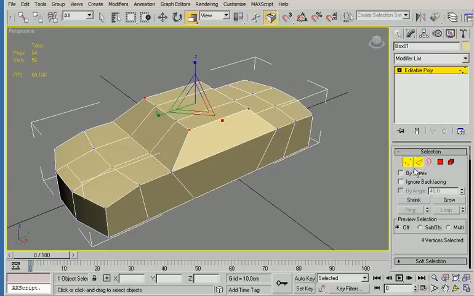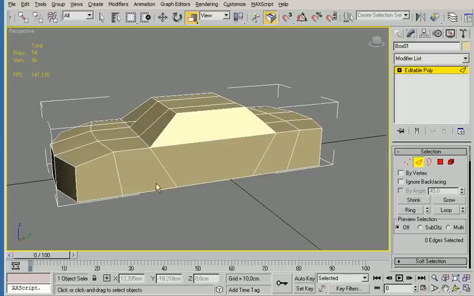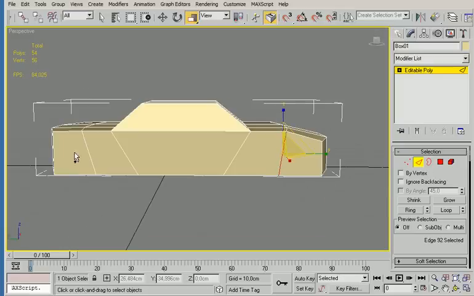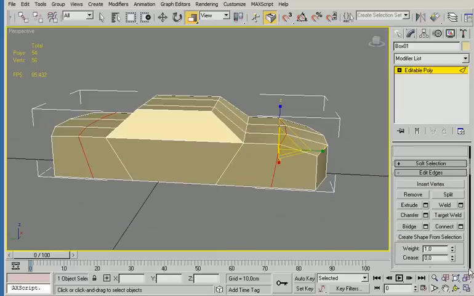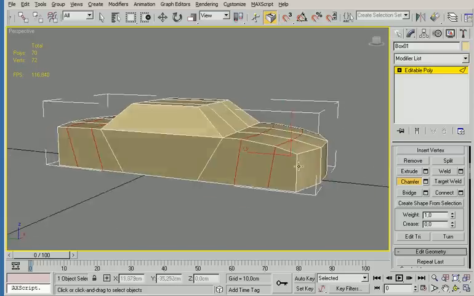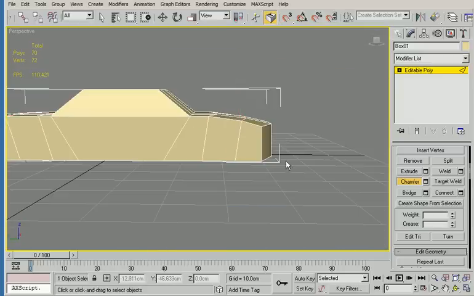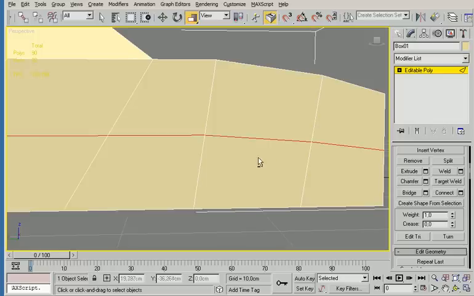Now this car here is almost ready, so we need to add a cut where the wheels are, and to do that we're going to select this part here, and then we're going to loop it, Alt L on the keyboard, and then I'm going to chamfer these edges, and as you can see the corner here also gets smoother due to this. And then I'm going to select the ring and Alt R on the keyboard. Then I'm going to connect it,